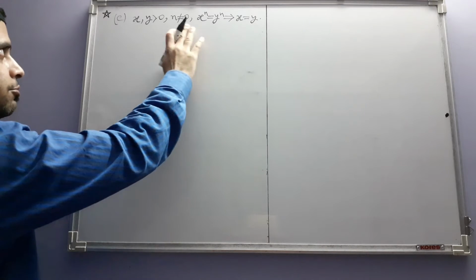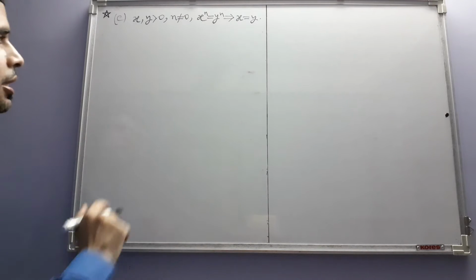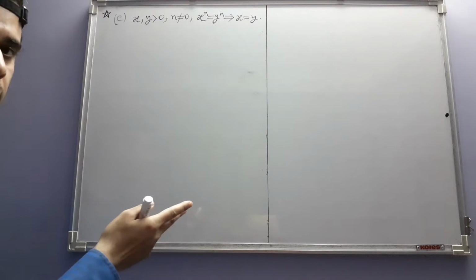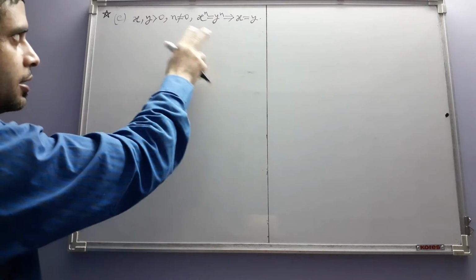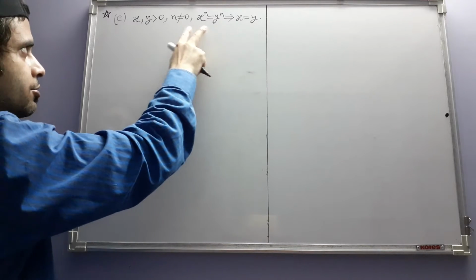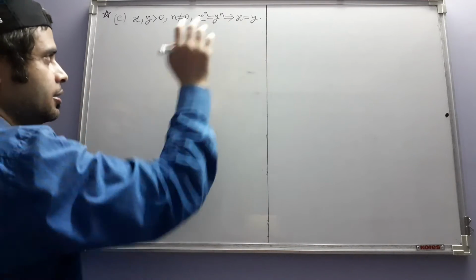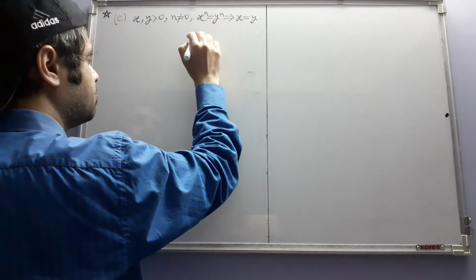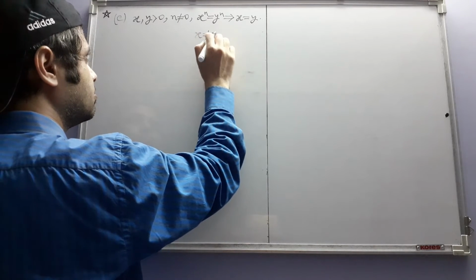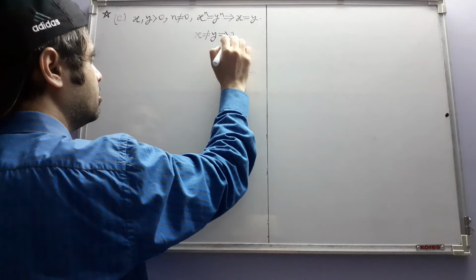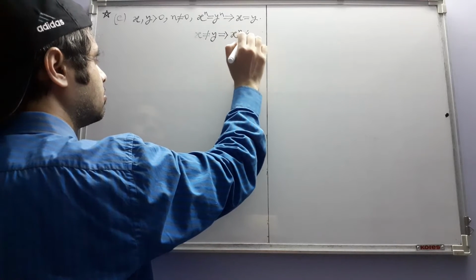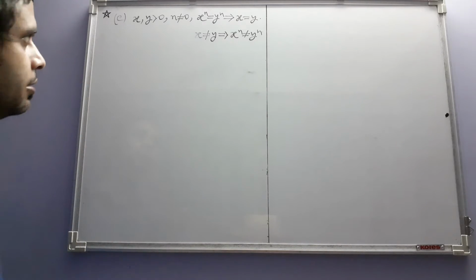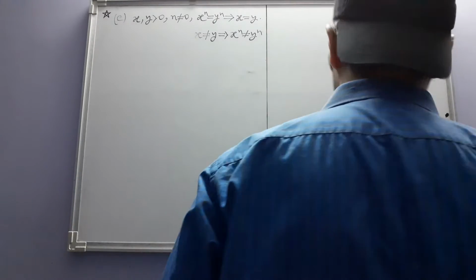Now we will prove two cases of this separately, one when n is positive and the other when n is negative. We prove the positive case first, and there also we won't prove this implication itself, but rather we will prove its contrapositive, namely this one. And in proving this one, we will apply induction on n. So that is our strategy.